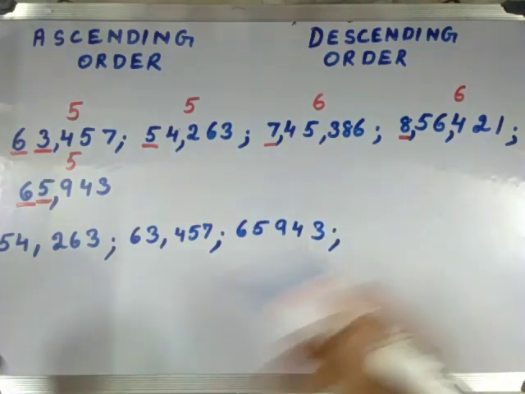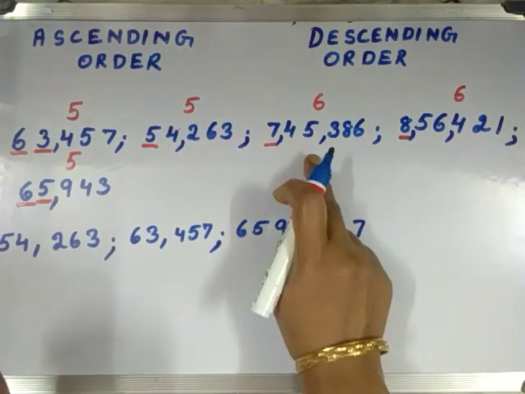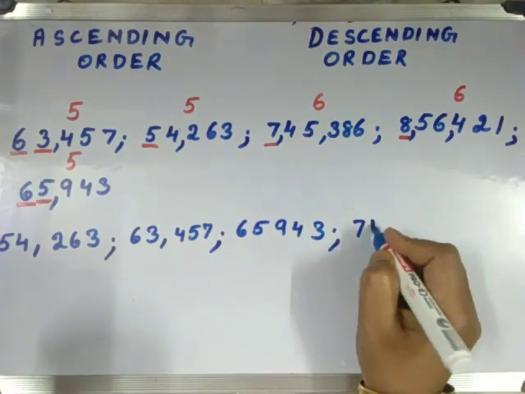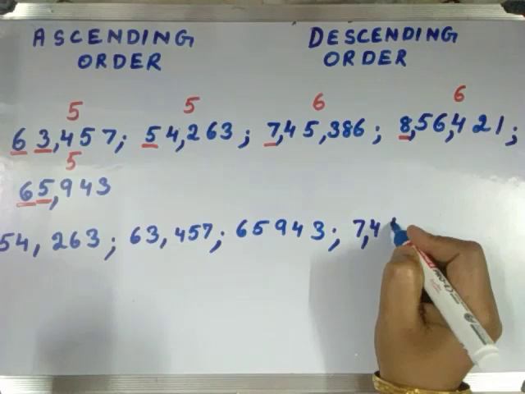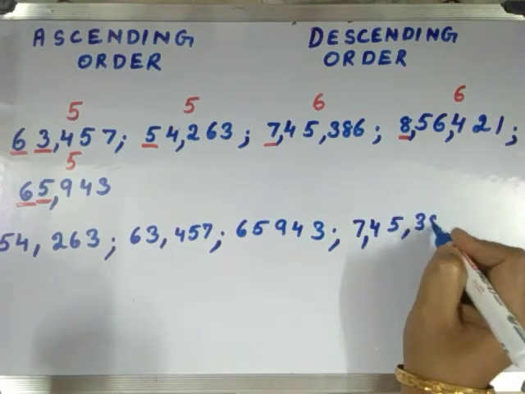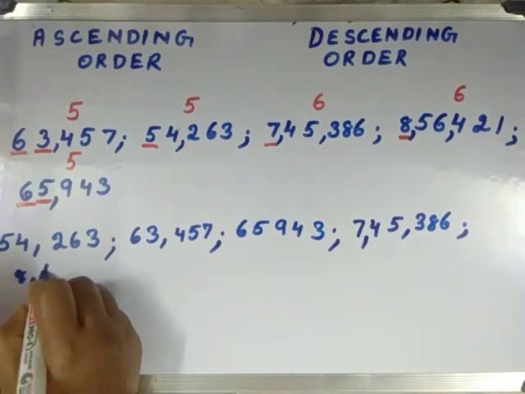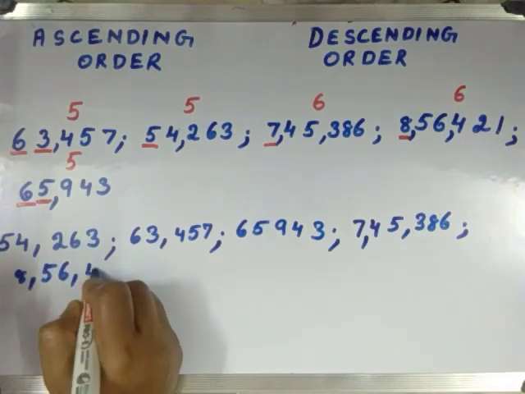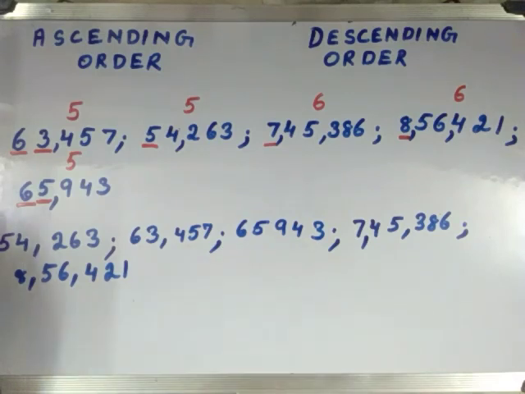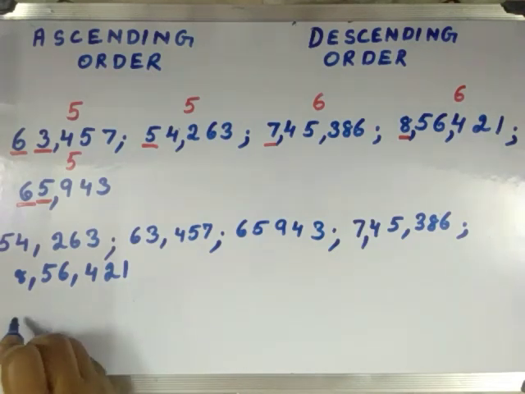So we write this number before this number. So this is how we arrange the numbers in increasing order, starting from the smallest and ending with the greatest number. Now these numbers can also be written as